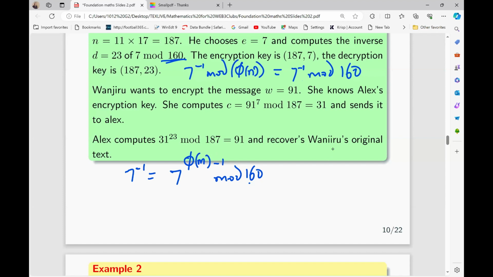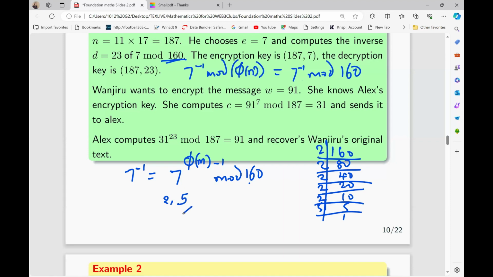Let's just see. 160, 2 goes there, 80, 2 goes there, 40, 2 goes there, 20, 2 goes there, 10, 2 goes there, 5, and 5 goes there, 1. I think that is okay. So 160 has which prime numbers? 160 has 2 as a prime number, and it has 5 as a prime number. So these are the prime numbers. That means phi of 160, therefore,